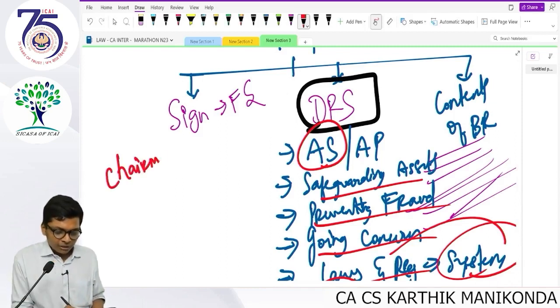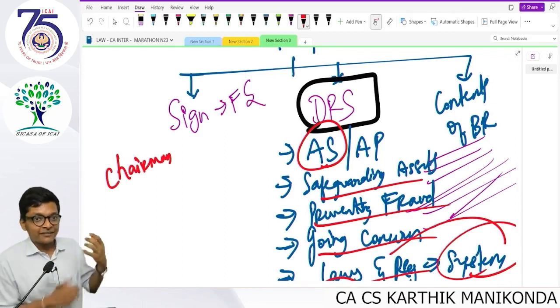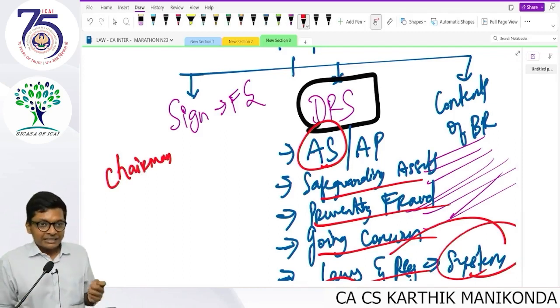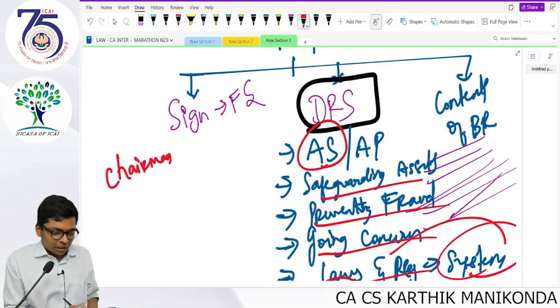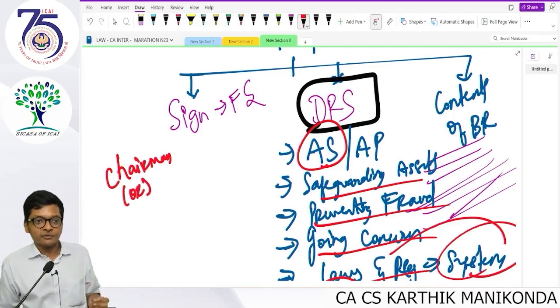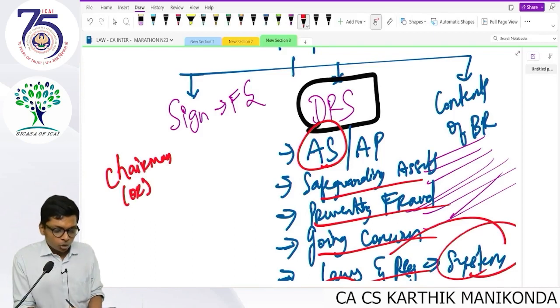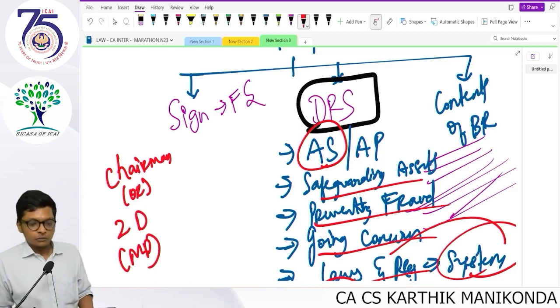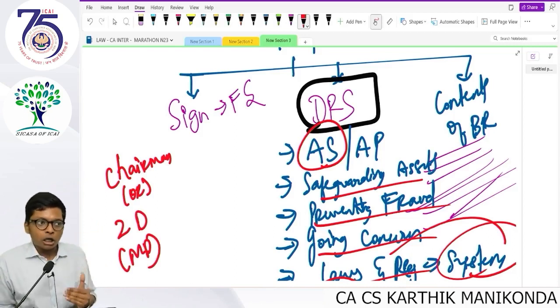Chairman. Who is chairman? In the movie Varisu, Vijay will sit in the chair. That's the chairman. If the chairman is not there, say in the movie the chairman suddenly died, who will sign? Two directors, one of them should be a managing director. So it's the chairman, or two directors, one should be a managing director,